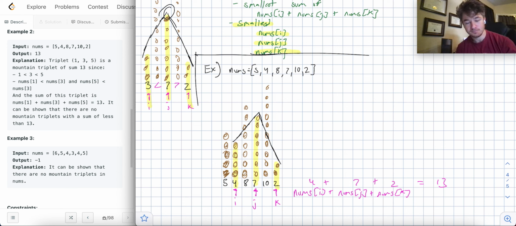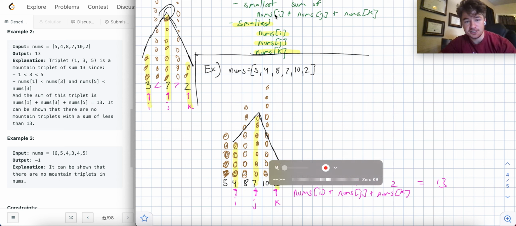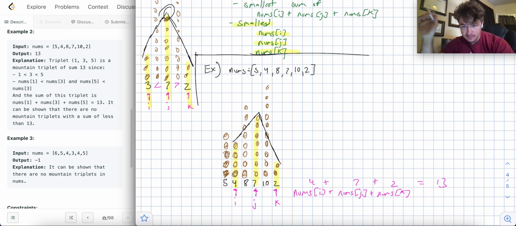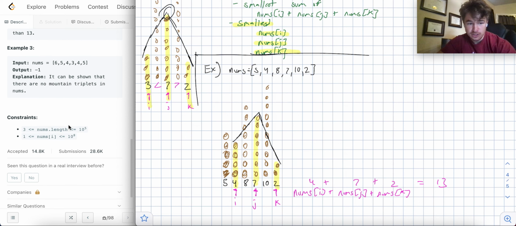Now, how are we going to solve this then? The n cubed solution would be to look at all n cubed triples: look at all i's, look at all j's, look at all k's, and then sum them up. Figure out if they meet the conditions, if they are a mountain: nums of i is less than nums of j, nums of k is less than nums of j. But that would be too slow because we're looking at a constraint of 10 to the 5. So our solution should be